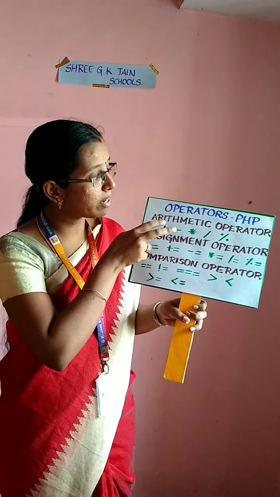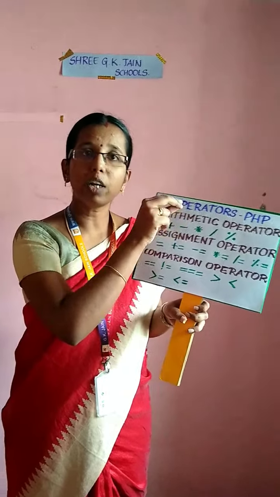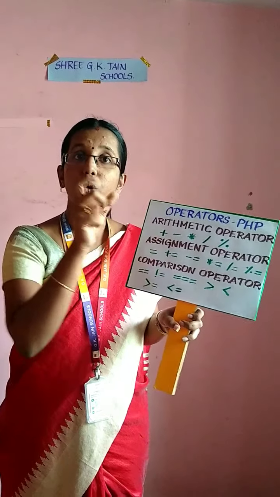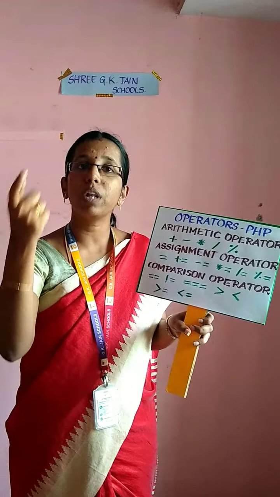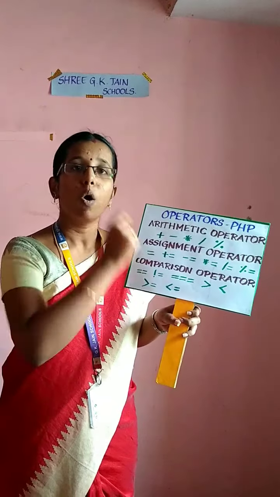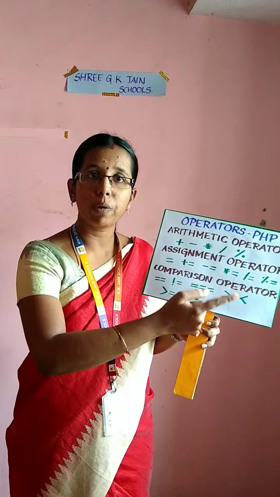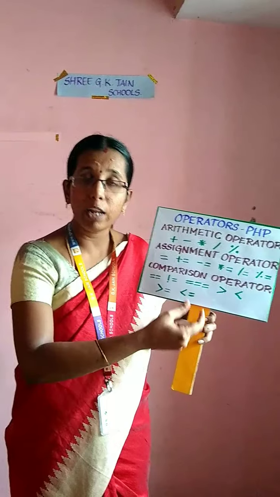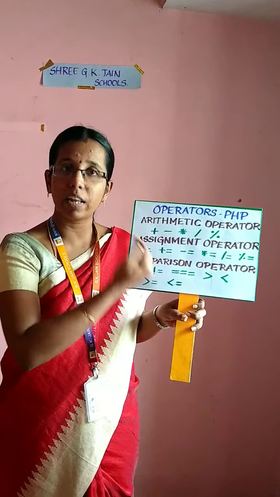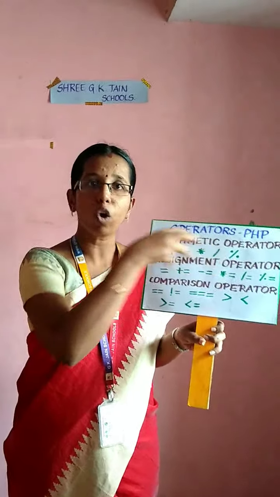What is the difference between arithmetic and assignment? You will only add two numbers by using an arithmetic operator. But in the assignment operator, you will add the two numbers and also assign that value to a specific variable. If I give y plus equal to z, it means y and z are added together and that value is assigned to the variable called y. So whatever you give on the left side, that variable will hold the value after your operation.